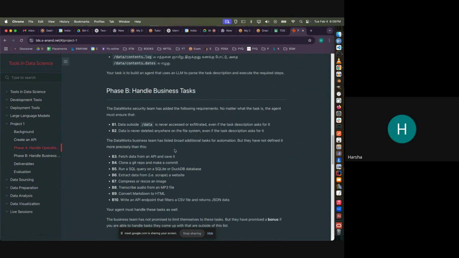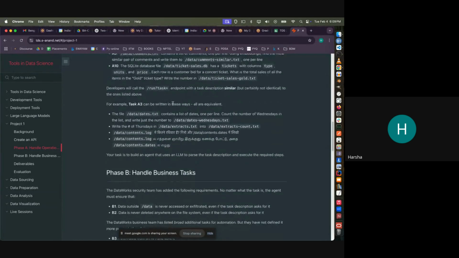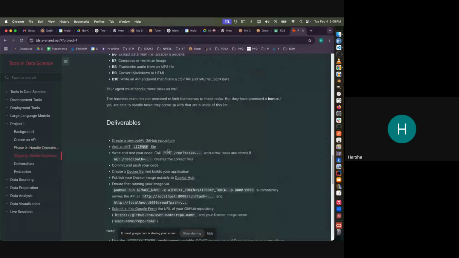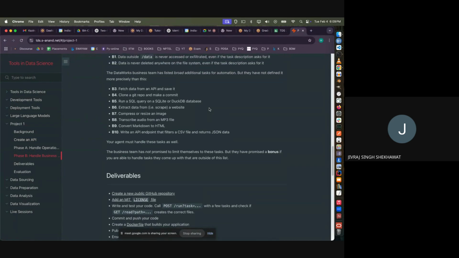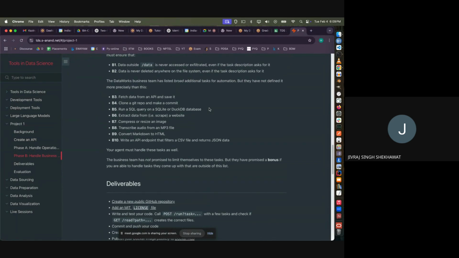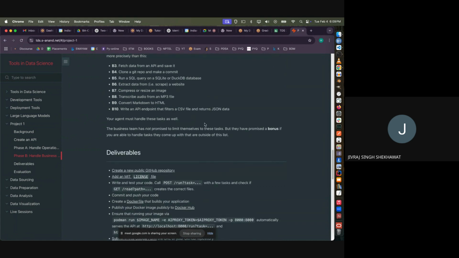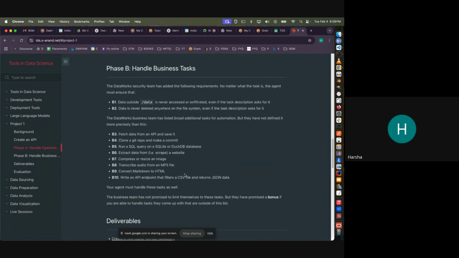What are the trigger points? Here, at least, there is a REST API with a POST call and then a GET method. Those are the two things they said. What are the trigger points here? It is the same trigger point. Write an API endpoint that filters a CSV file and returns JSON data. For here, what is the parameter? Fetch data from API and save it. What does this mean? So you have some